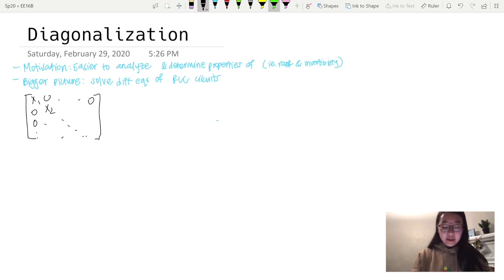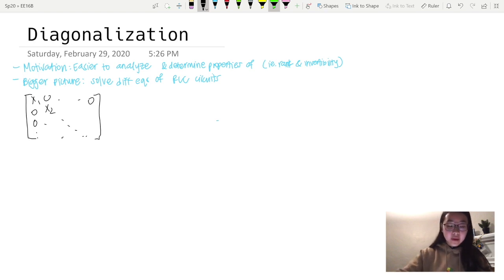So the whole basis of diagonalization is to get this representation of the matrix in a diagonalized form so it's easier to use. And this all relates to the bigger picture idea of solving differential equations of RLC circuits because